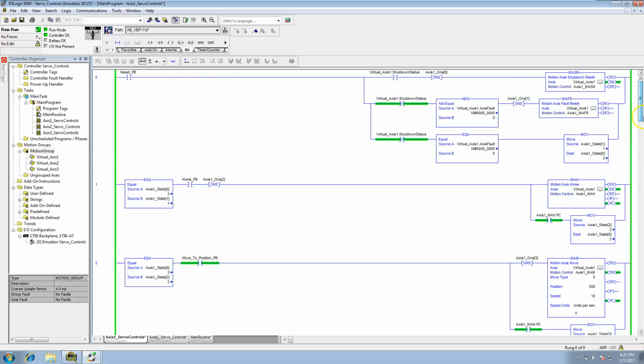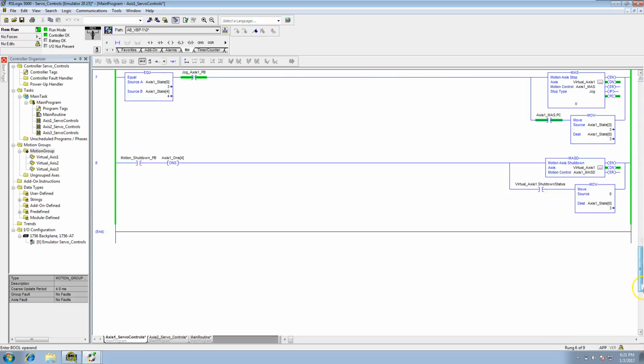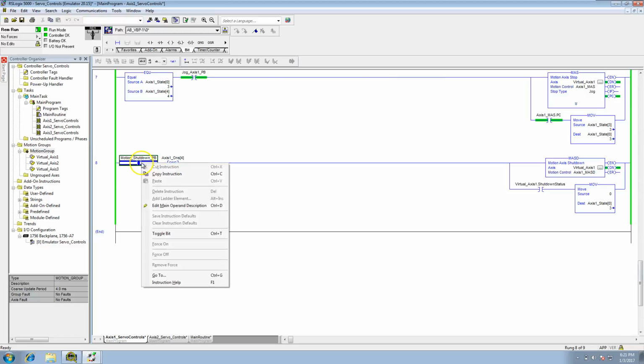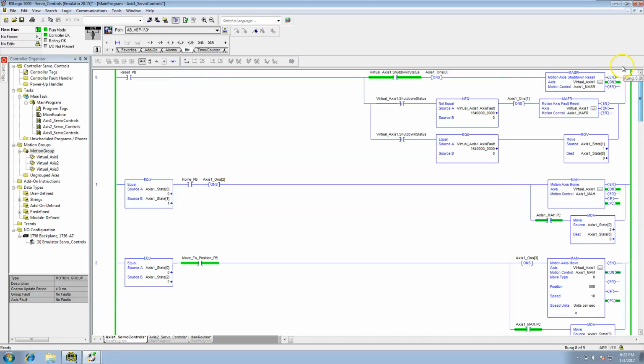So you want to keep it a 1:1 ratio. And again, we'll come back and we'll put a lot better state logic in here for these servos. But this was just a rough, real quick layout of how to get two servos to work together,